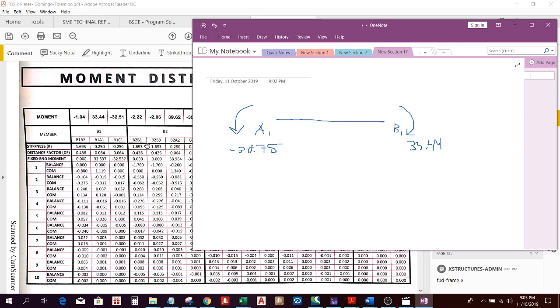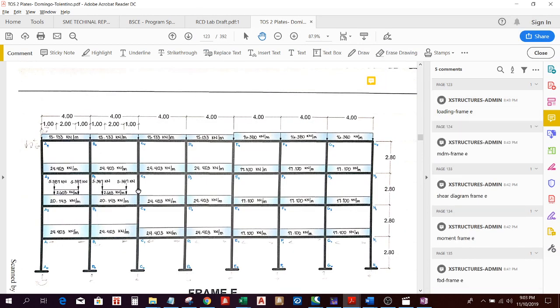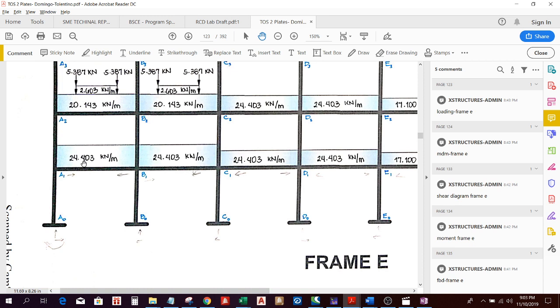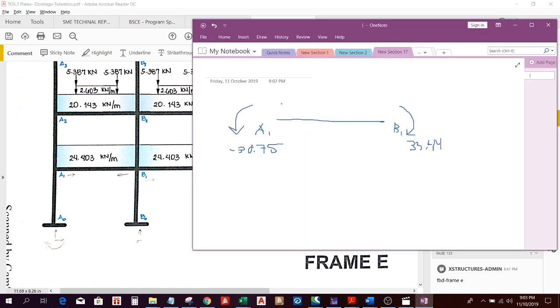Then let's incorporate the loading, 24.403. So you should incorporate the loading here, an arrow here, 24.403. So to be in equilibrium, you need